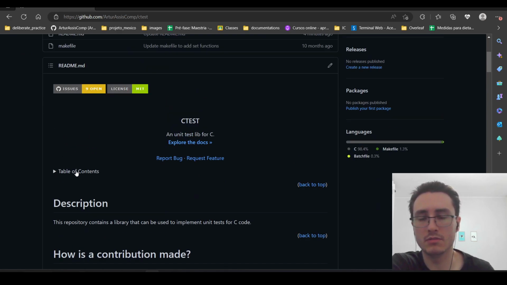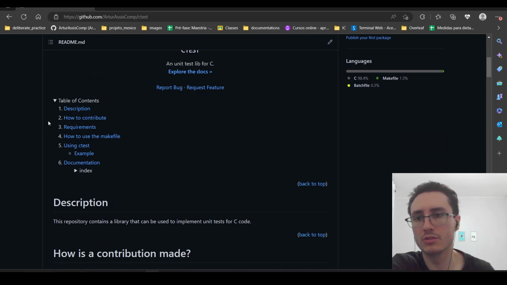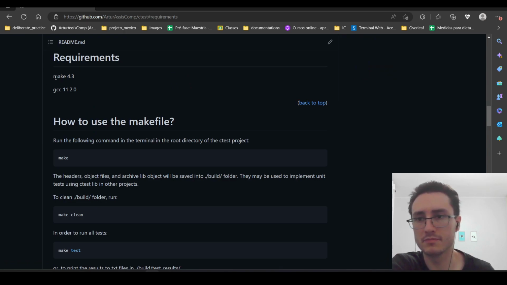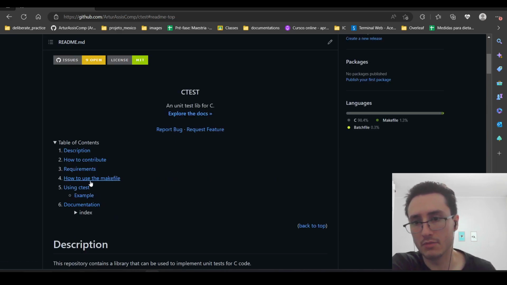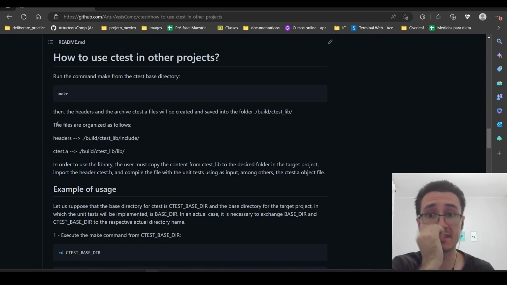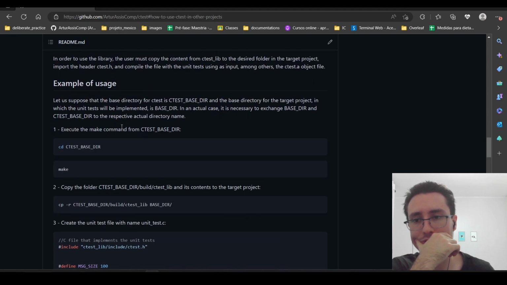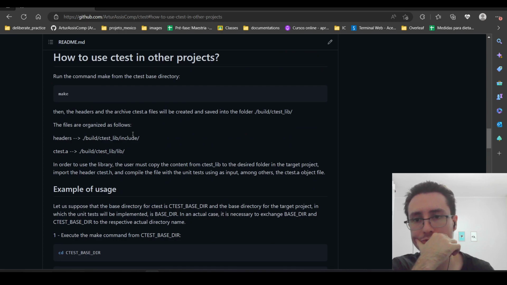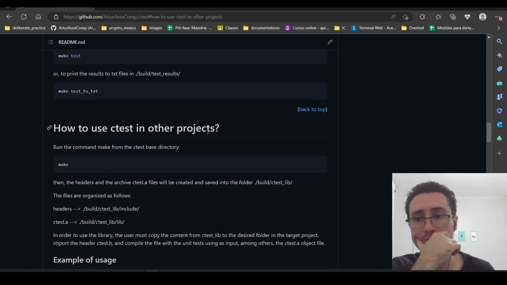Here we have a README file that has everything that we need to know to execute our project. So we can go here to the table of contents and check the requirements first. So the requirements basically are make and GCC. Then we go to the section 5, using ctest. And basically, from this section, we can execute the commands necessary to use our